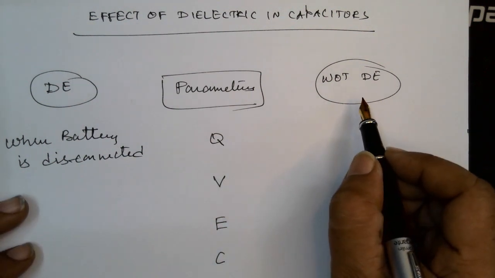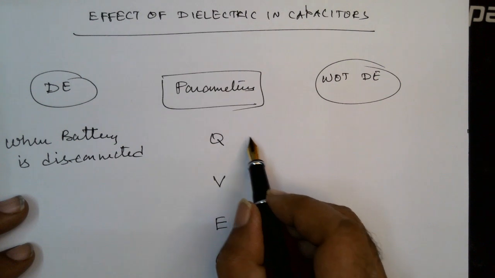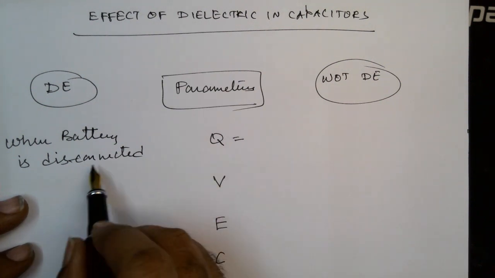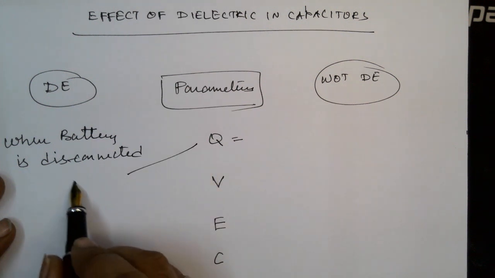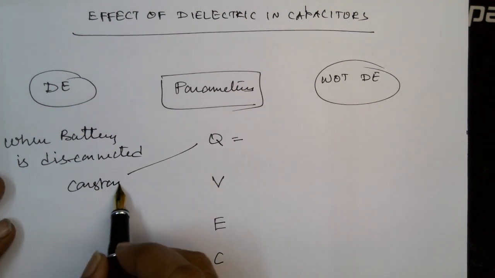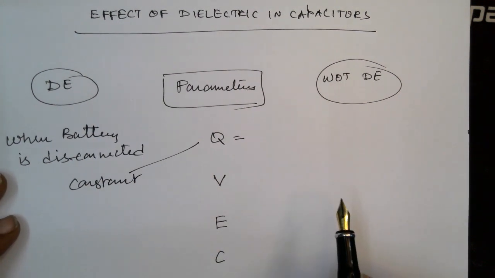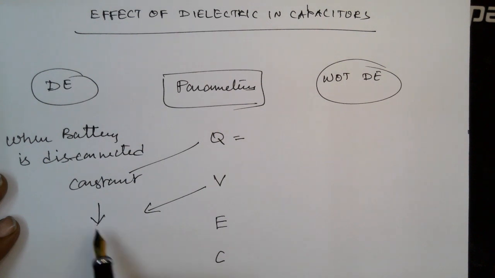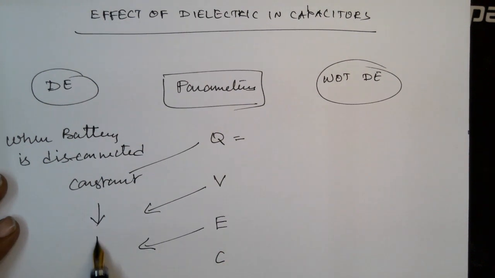We'll put here Q is constant, and then voltage decreases, electric field decreases,